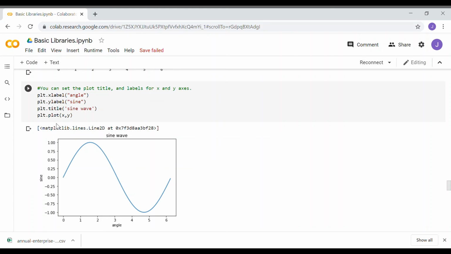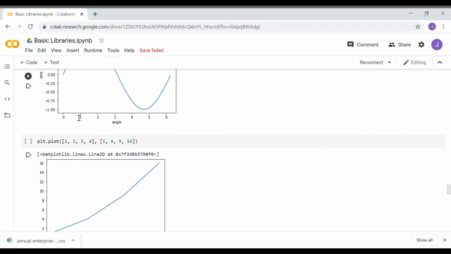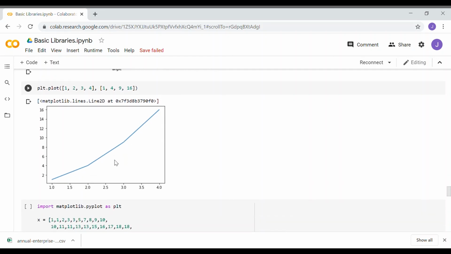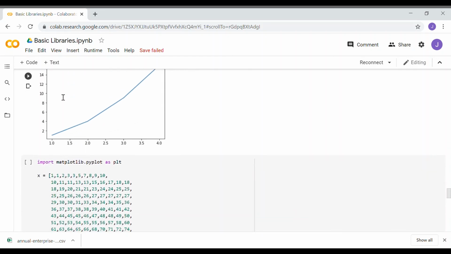We have given the y label as sine, and we can see sine here, and we have given the title sine wave. So we can see the title of the graph. We have plotted the graph using the plot function with x comma y. We can also plot points like 1 to 1, 2 to 4, 3 to 9, 4 to 16 using the plot method.